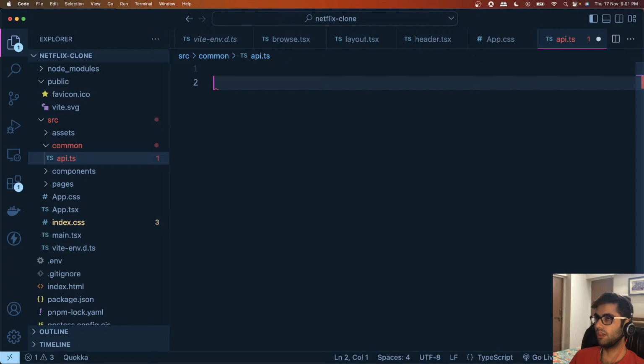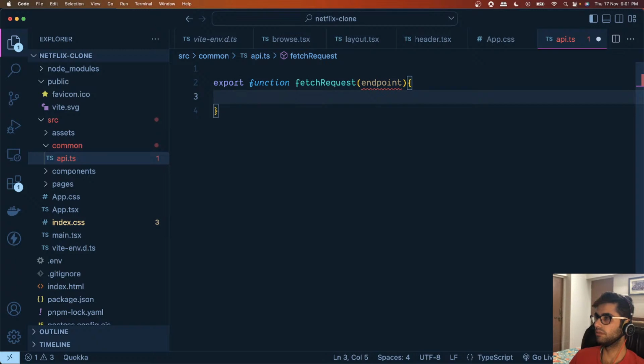So export function fetchRequest. This is going to accept endpoint,